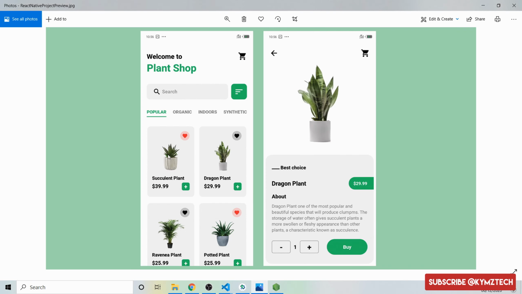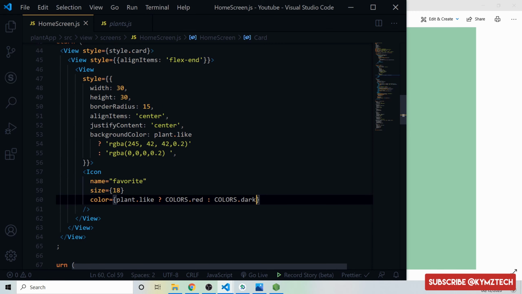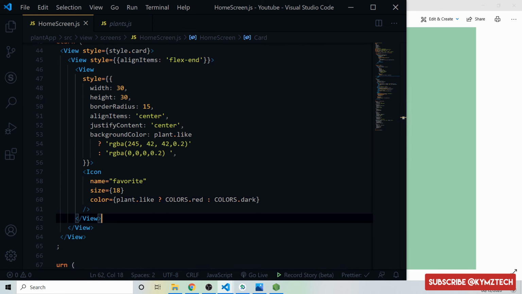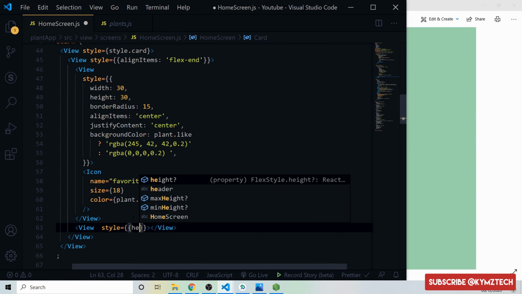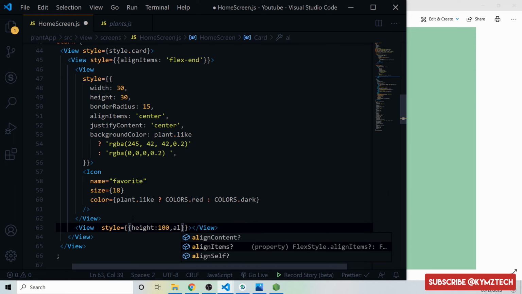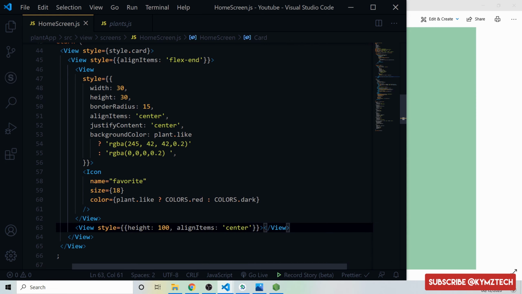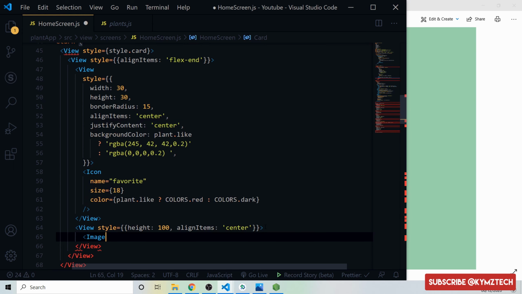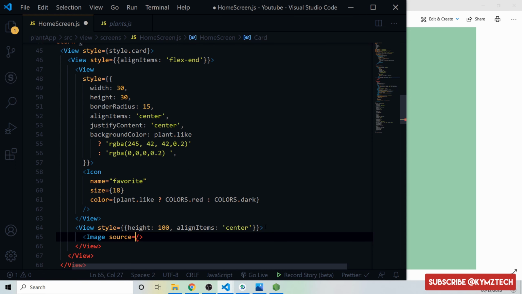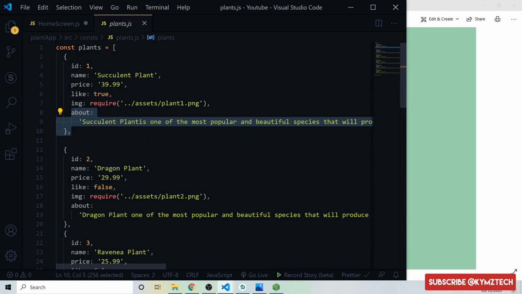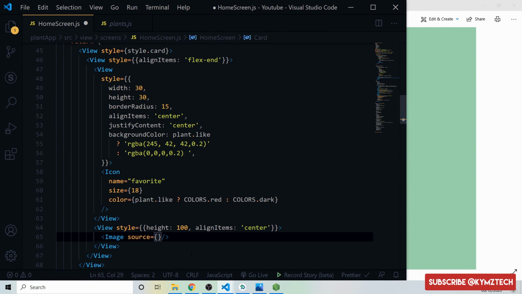So the next step, we are going to add the image of the plant. So outside the view, that is the one holding the icon, we'll add another view for the image. So we'll say view, and we're going to style the view. So we'll give it a height of 100 pixels and align items of center. And now we are going to add the image. So add the image component, and we are going to give it a source. The source is going to be the image of the plant. So say plant.image,